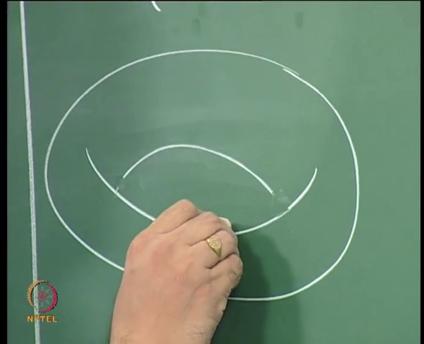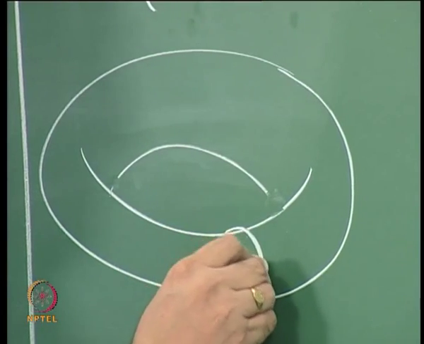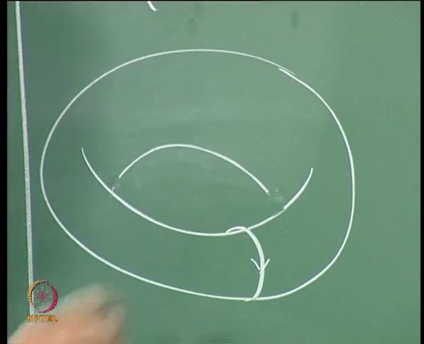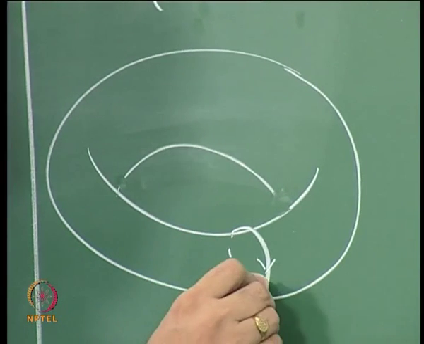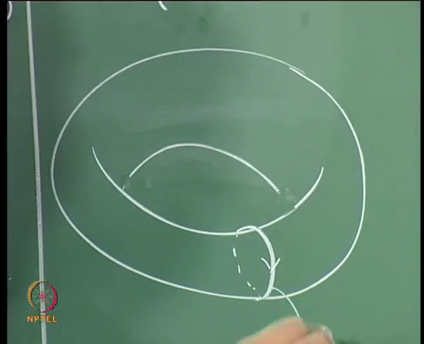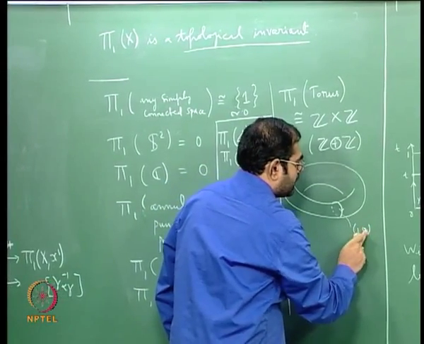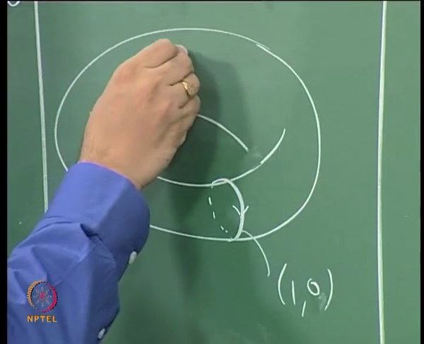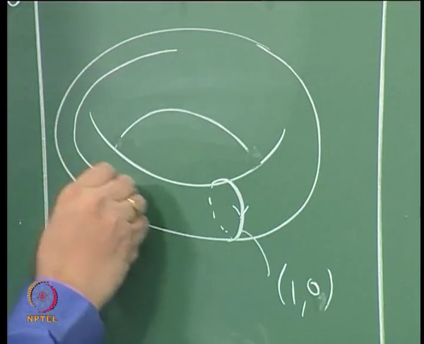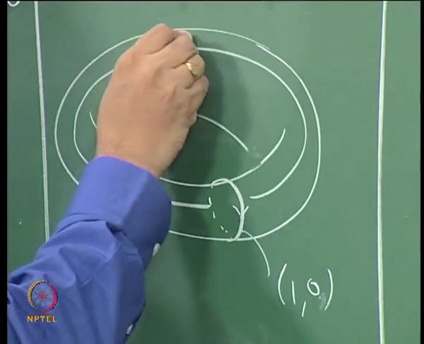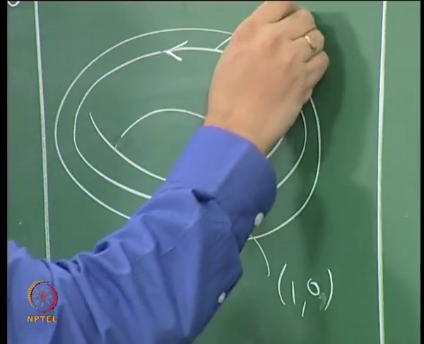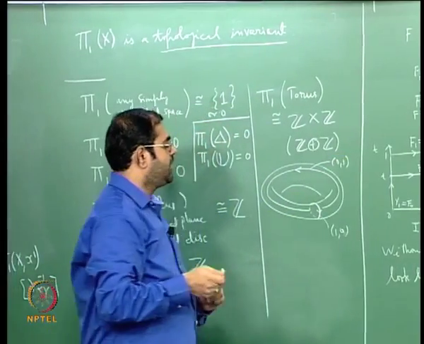Namely, (1, 0) is a loop like this, and you can take a loop like this and call it (0, 1),